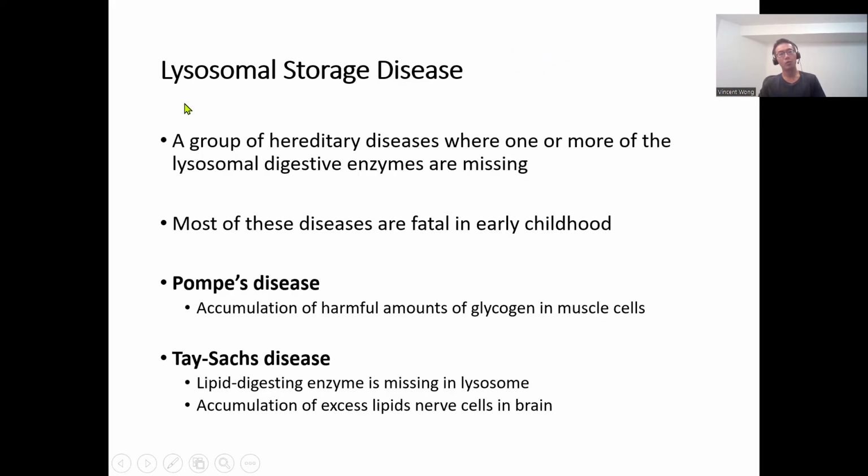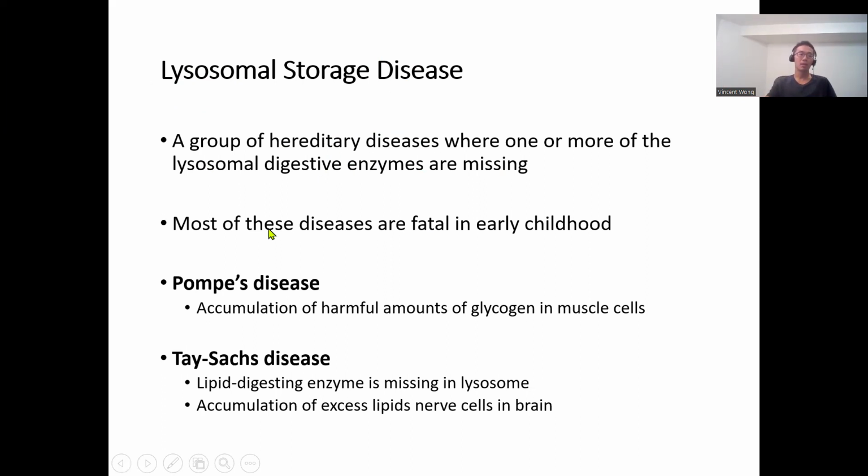There are a group of diseases called lysosomal storage disease. These are hereditary diseases. That means they can be passed on from our genes. Because the enzymes in the lysosomes are made up of proteins, right? Enzymes are proteins. You know that by now. And so the instruction to make them is in the DNA. If the DNA mutates, you might not make the enzyme anymore, right? So depending on which of those enzymes you're missing, right, the result would be a particular kind of lysosomal storage